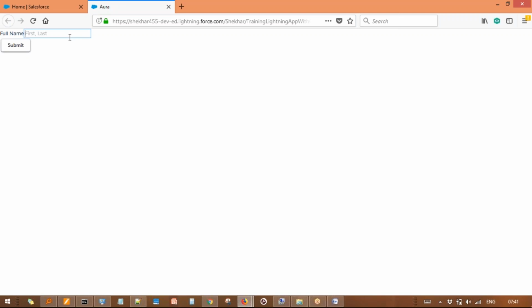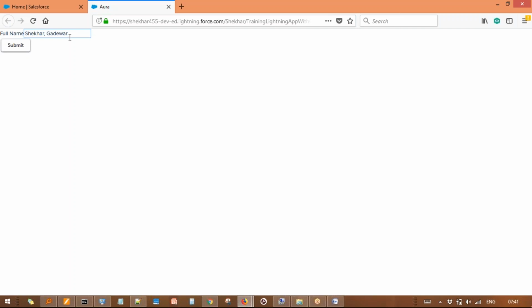Okay, so now what I want, if I'm entering some kind of value, the first name, last name, whatever, I'm entering the value. So the expectation is, as soon as I press the submit button, this value should go to the controller, and the controller will take the value from the component, and from the controller we will be able to set another value of the component. By this way you will be very confident and clear about how this component-controller interaction happens,